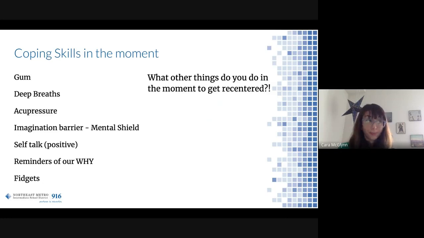And lastly, fidgets. Now, I want to be thoughtful. When we're talking about fidgets, you can use something really overt, like thinking putty or fidget spinners or cubes, if that's comfortable. You can also use something as simple as jewelry. I do that a lot. I use whatever I have on when I'm in meetings. It goes under a table, and I'll twist and turn things. If you have a badge tag on or lanyard, you can use the different buttons or pins on there as fidgets as well. Keys are really good. So it doesn't have to be an overt fidget or something that's identified as a fidget. Paper clips work really great too.